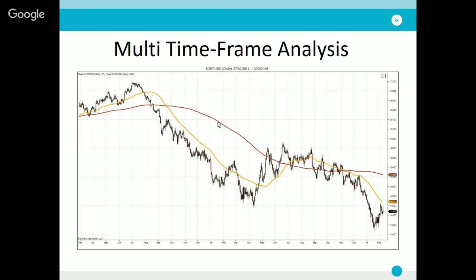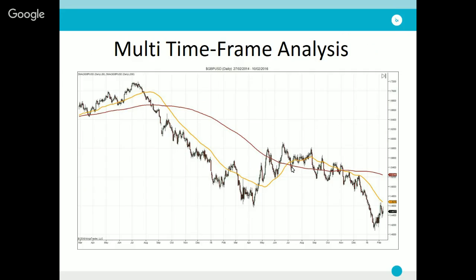We could also just use one moving average as simply being a pivot. For example, if we had just the 50 moving average on our chart, this yellow moving average, then we would say that whenever price is below that moving average, the trend is bearish. And whenever price is above that moving average, the trend is bullish. But when we're using two moving averages in conjunction, we're typically looking to identify crossovers. Where the yellow line crosses below the red, we get a bearish crossover. And then here, where the yellow line, the 50, crosses back above the 200-day moving average, this is a bullish